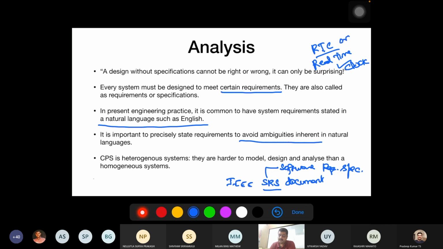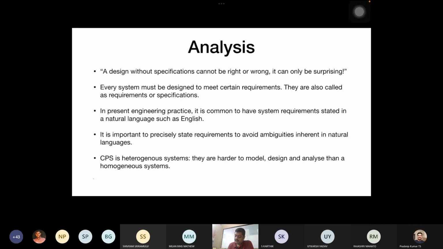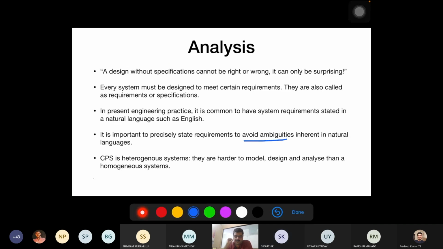The alternative is the timer, any timer. Suppose I want a real-time clock to be deployed, but instead of that, because of the complexity of the circuitry, someone designs a hardware timer here. But the hardware timer cannot work with the deadline. So these are the ambiguities that we can experience in many of the design